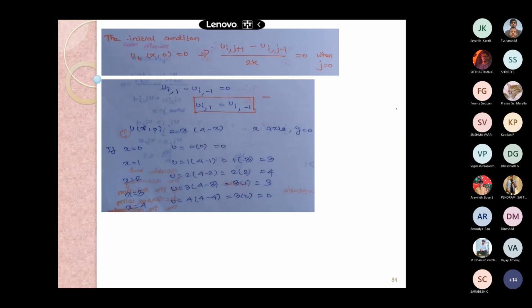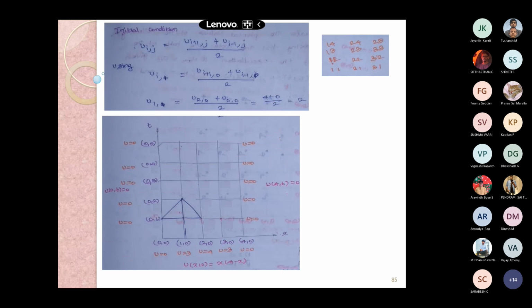So in order to get the information for the first time axis, this is the earlier relation which we detailed earlier, but the unknown in one particular axis, that is u of x comma 0 is equal to x into 4 minus x. This is the x-axis, in the x-axis t is equal to 0. This is not y, this is t. And when x is equal to 0, u becomes 0. When x is equal to 1, I am applying 1 and 1, so I am getting 1 into 3, that is 3. And when x is equal to 2, 2 into 4 minus 2 becomes 4. When x is equal to 3, my u is also 3. When x is equal to 4, my u is 0.